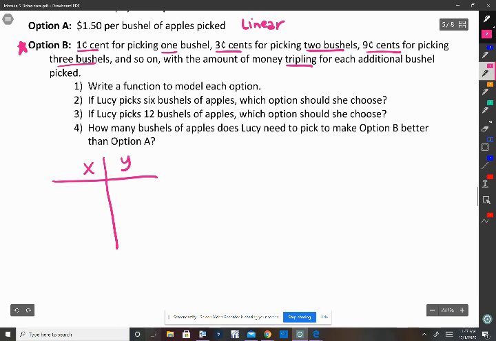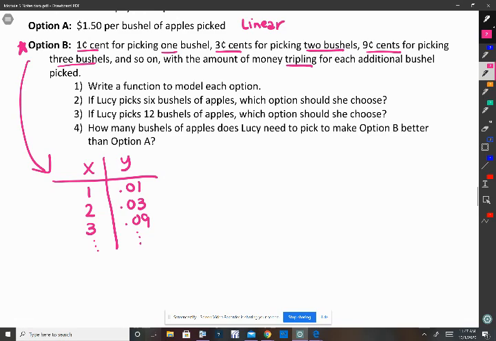So X is going to be the number of bushels picked, and this is how much I'm going to get paid. So think about, again, this is just option B. You guys can do option A, okay? If you pick 1 bushel, it says you're going to earn 1 penny. 2 bushels, you're going to earn 3 pennies. 3 bushels, you're going to earn 9 pennies, and so forth, okay? So hopefully you kind of see that the rate of change is 3. And what I want you guys to think about is when I go to write my exponential function, so remember we've got P sub n is equal to P sub 0, 1 plus r raised to the n power is